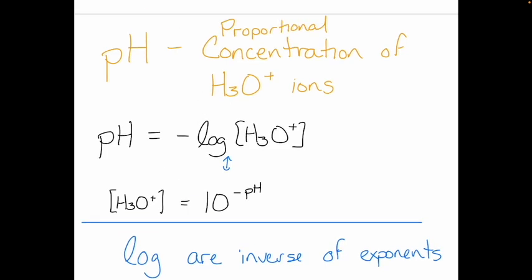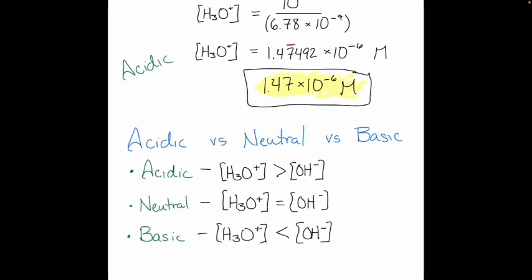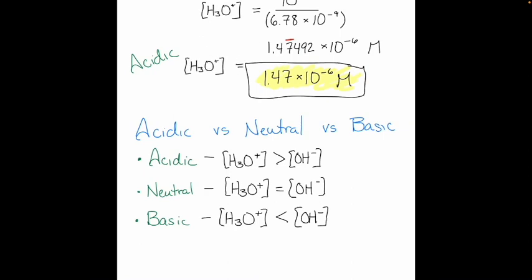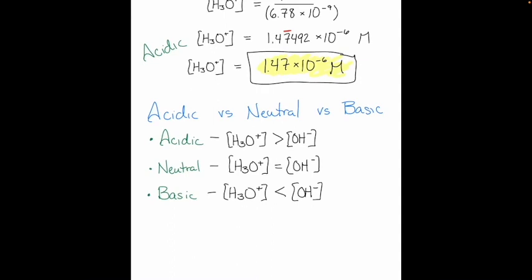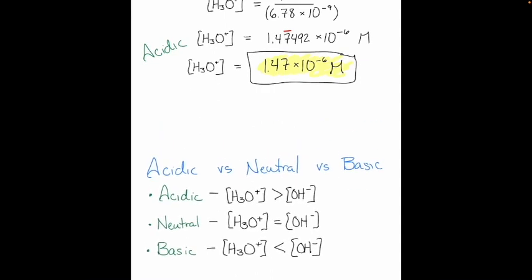So let's go back up here. We found our hydronium ion concentration for this solution. Now let's restate that in terms of our pH. Everybody take a second and tell me what the pH of this solution is. And just one more thing real quick. It's the negative log of the hydronium ion concentration. Importantly, your calculator has a negative sign and a minus sign, and they are not the same thing. So make sure you use the negative button when you're doing a negative log, or you'll get a syntax error.